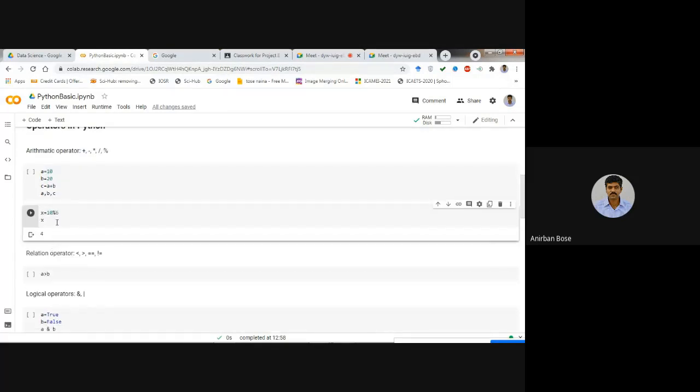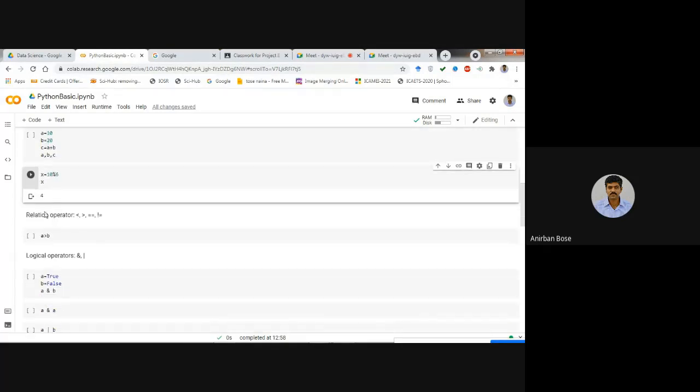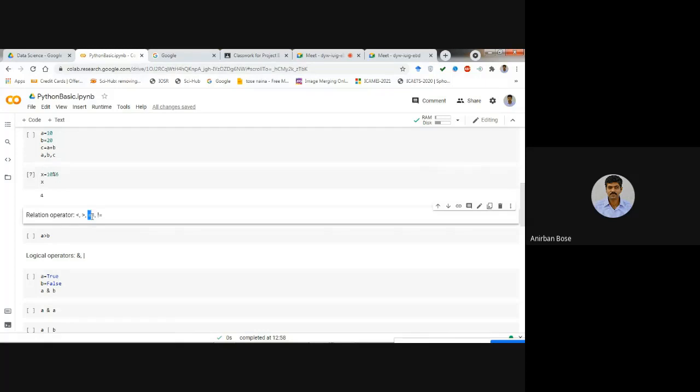That is also a very important operator. Now relation operators also, less than, greater than, to check some condition. Remember, for the equality check, the relation operator is double equal to. Suppose you want to check whether A equal to B or not, in that case you have to write A double equal to B, under an if else statement.